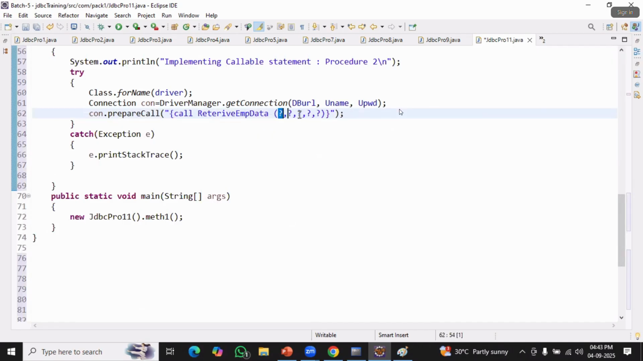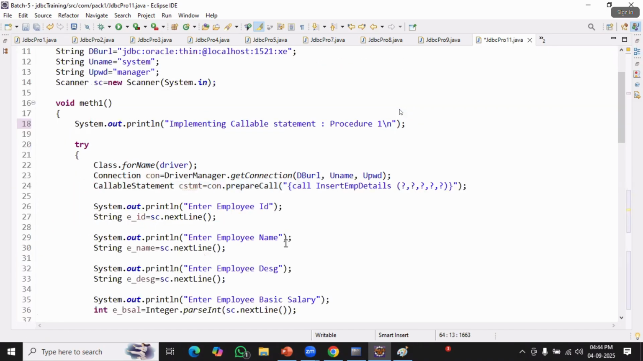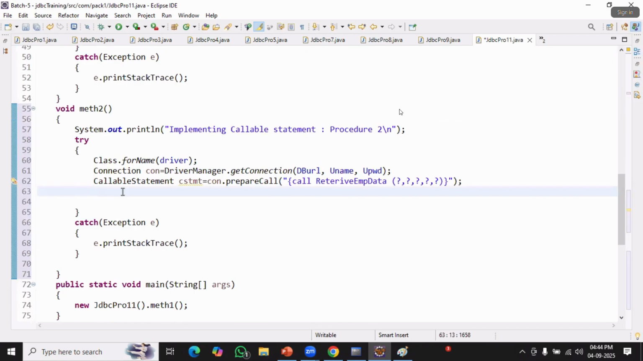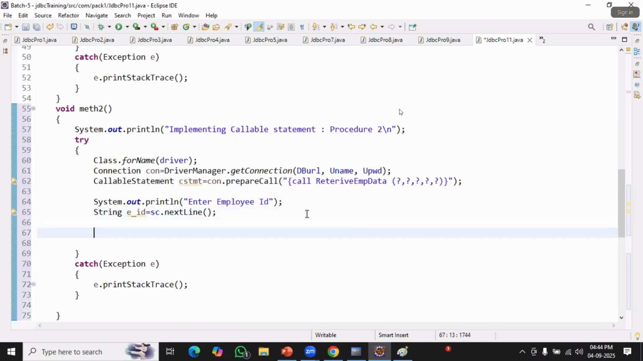Kindly do remember about these parameters, right now we are discussing IN OUT. So we need to give only the first value as the input parameter. All the remaining question marks we are expecting from the database, I mean, we are expecting from our program. So let me assign it to CSTMT, a CallableStatement. I want to ask the user to enter the employee ID. Now, whatever ID is entered by the user,